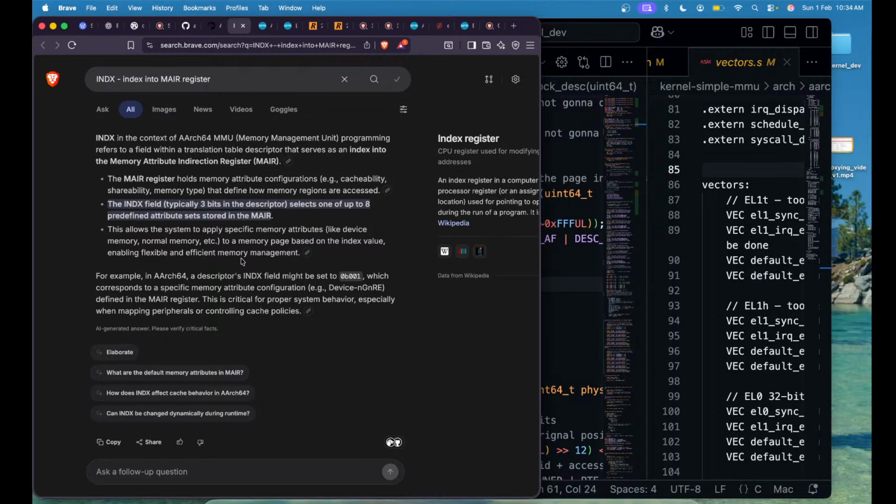Okay, so the descriptor's index must be set to... okay. So we have 8 possible values, and every page can